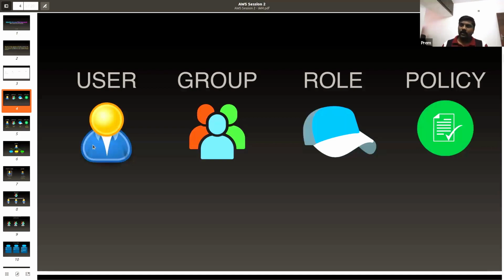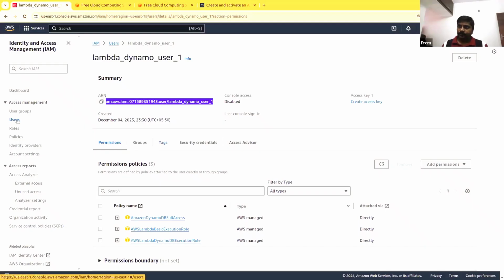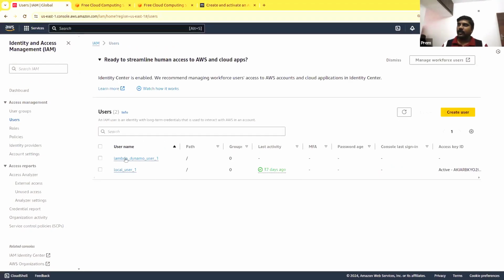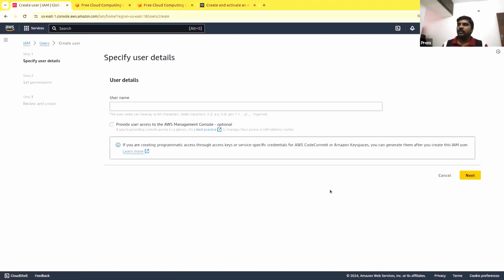For example, in my account, I have created these two users that I will specifically use for accessing a few services. If I want to add somebody to this account so that they can come and access my console, I will create a user here. I will go ahead and give the user ID and password.